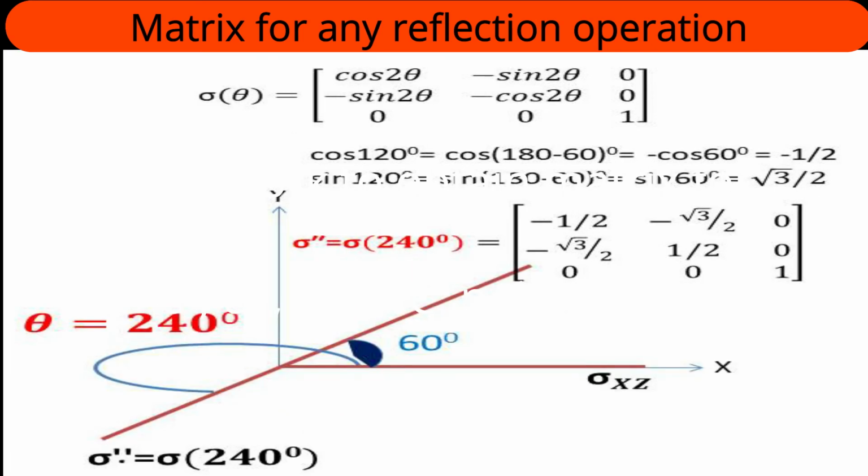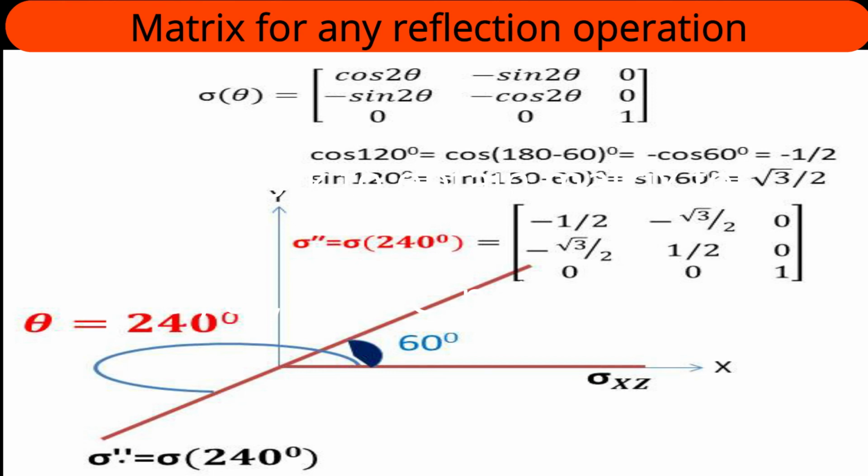Now it's the third plane present in the C3 point group, that's sigma double dash, which makes angle 240 degrees to sigma xz or to the sigma plane. It is one way of measurement of the angle. And the other way of measurement, you can just find it makes angle 60 degrees. Whether you substitute 240 degrees or 60 degrees, the answer comes the same. How? We want to find the value of 2 theta. If I consider theta equal to 240 degrees, what is 2 theta? 480 degrees. 480 degrees minus 360 degrees is equivalent to 120 degrees. And if I substitute theta equal to 60 degrees, 2 theta means 120 degrees. Anyhow, the answer comes the same for 2 theta. That is 120 degrees.